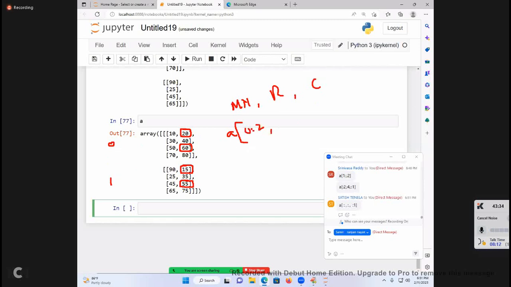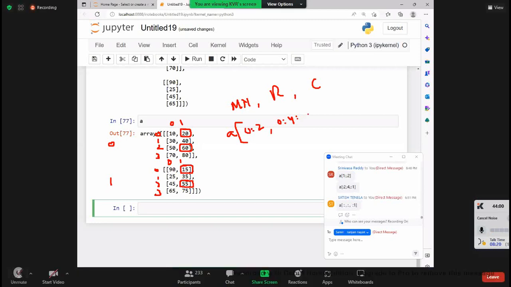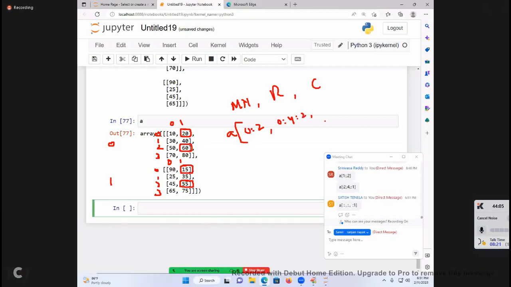How many rows? 0, 1, 2, 3. So, 0:4, then 2, comma, 1:. That's all. 1:2 also you can write.